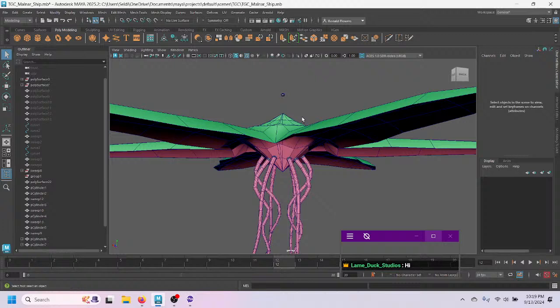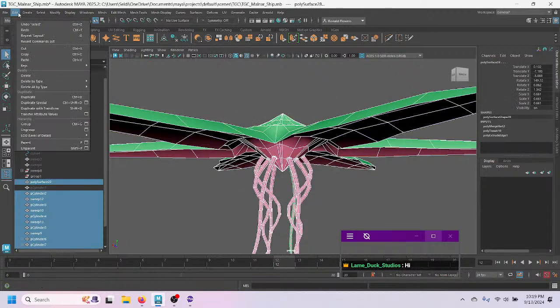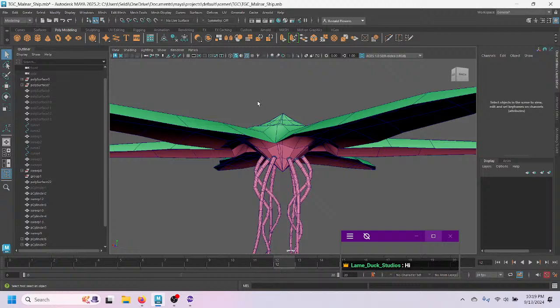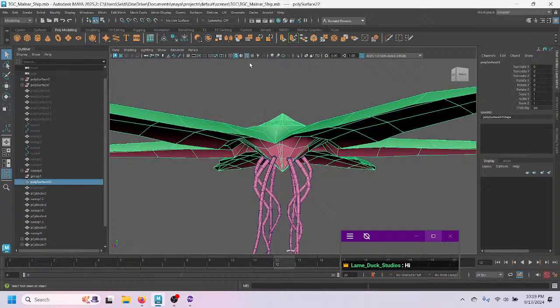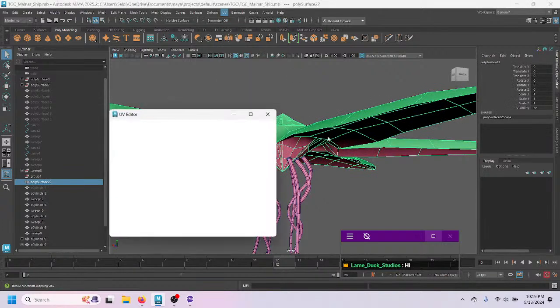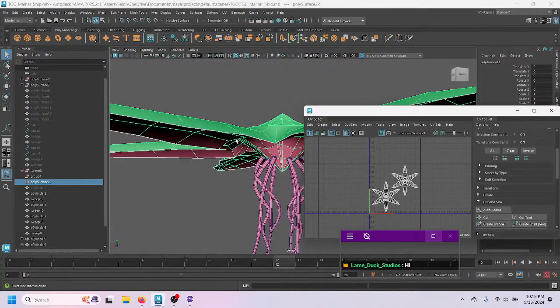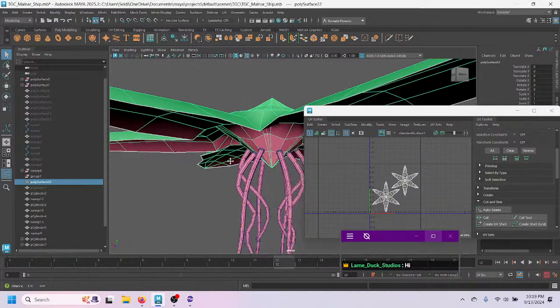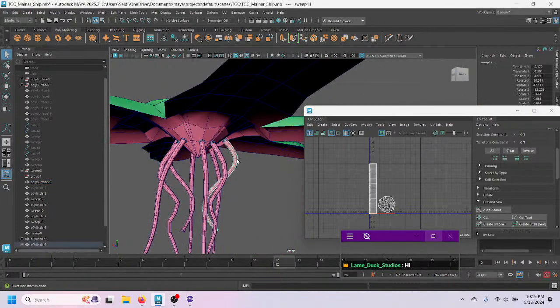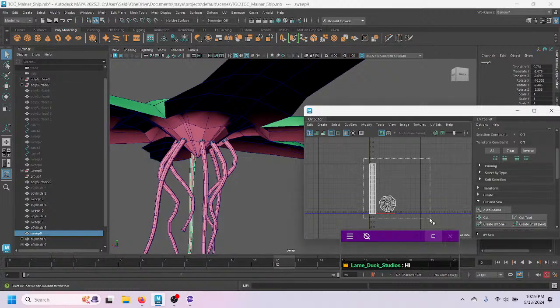How do I want the UVs to be laid out? Go ahead and hide that. So I'll grab all this and I gotta clear its history. So on the UV layout, this is the current UV layout for the main body. But then the little tendrils, they all have their own UVs. So like these. The benefit of having its own separate UV map is I have the entire span of that resolution,